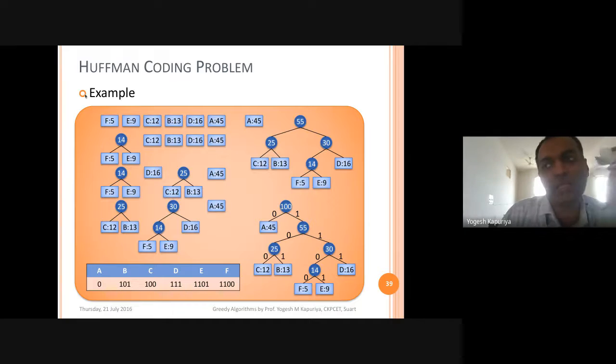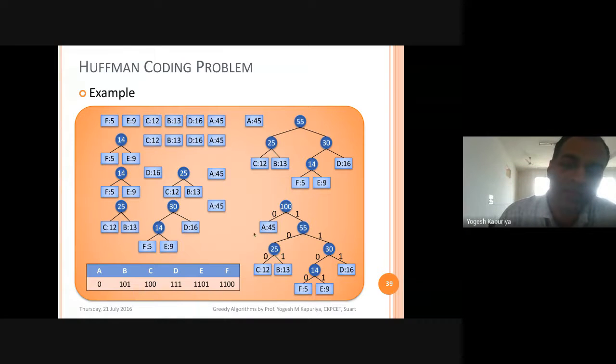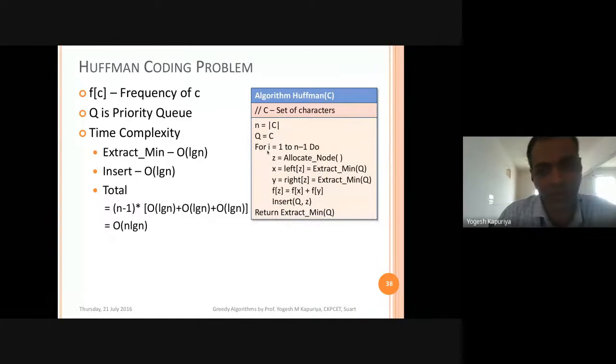Obviously, because you are extracting 2 nodes at a time and inserting 1 at a time, after n-1 iterations you will have your actual tree ready. So that's why we require this for loop, which will run i equal to 1 to n-1. You repeat this n-1 times.